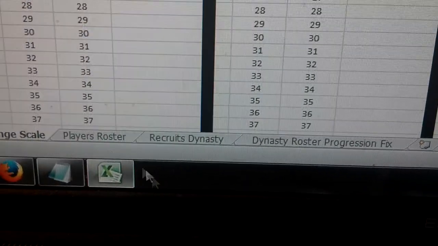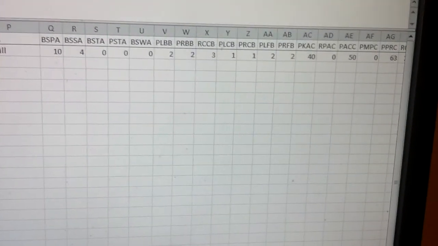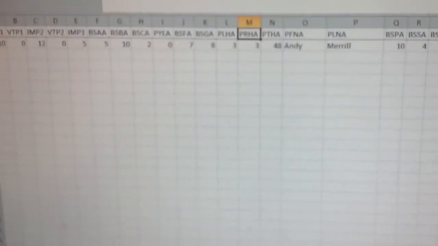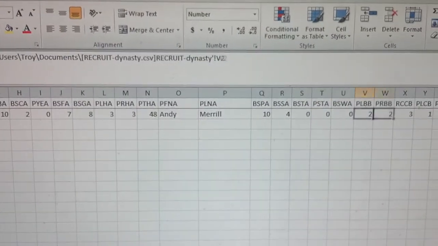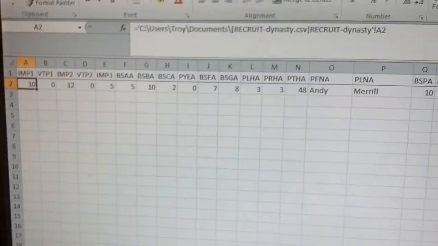So I guess I'll just go to Recruits Dynasty here. Now, if you look at this, there's not really a whole lot going on there. There's just the top 2 rows. FYI, those top 2 rows are very important. Never delete them. If you do, you've screwed yourself. This is where I have all my fancy little formulas running along in here. This is how the macros know what to pull from